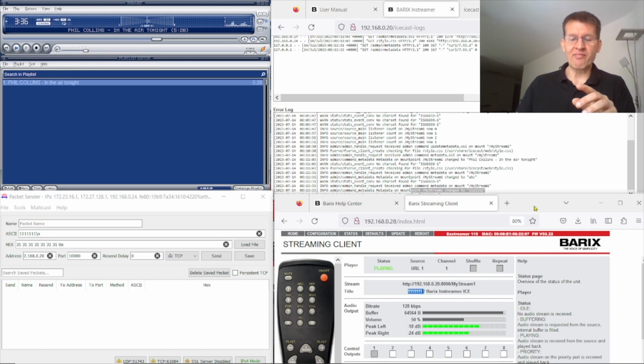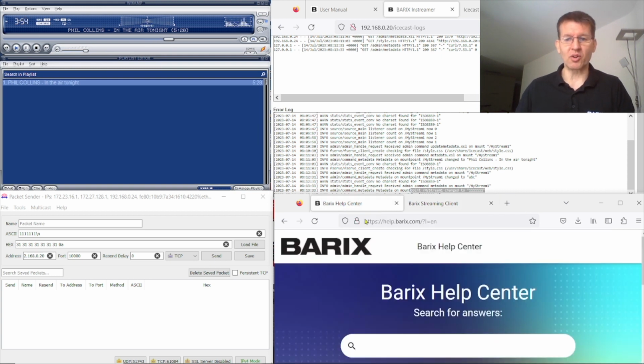Okay, we have even a special case here on the streaming client. When the XStreamer has a relay inside, then you can control the relay via the metadata. Let's have a look here in the manual or on the help section.